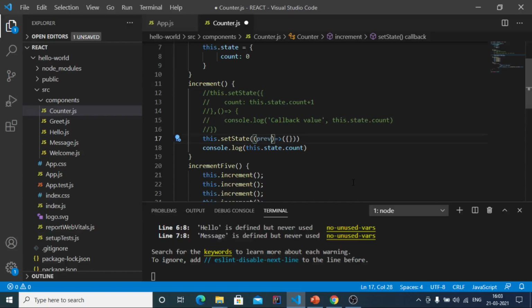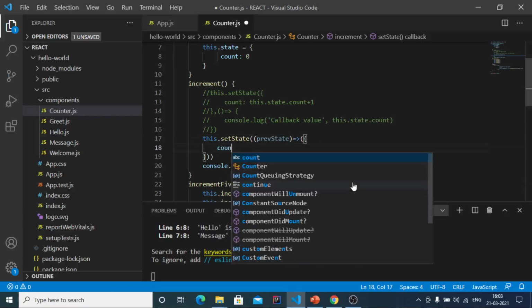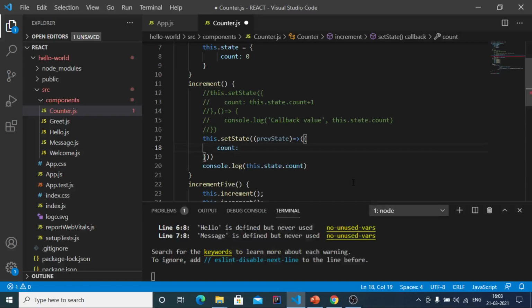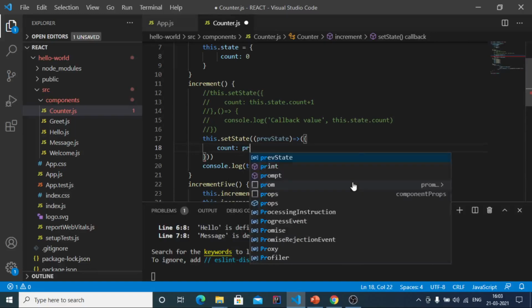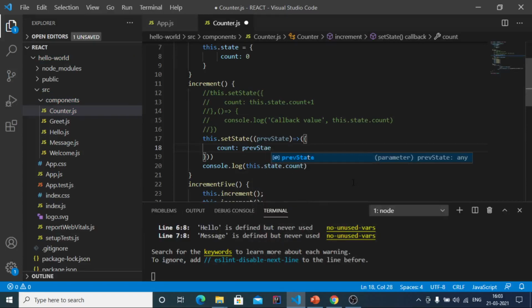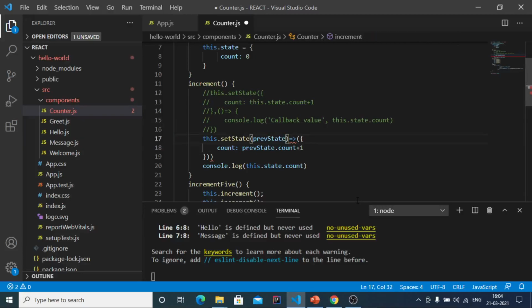In this case the parameter will be the previous state, and here we are going to increment the value of count by making use of this previous state dot count plus 1. So here, save this file, because